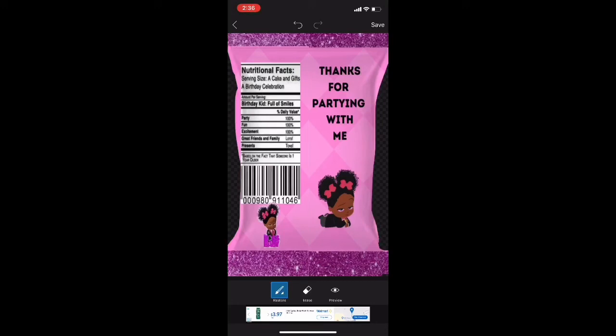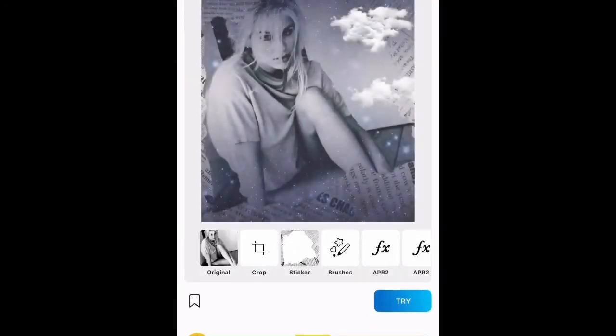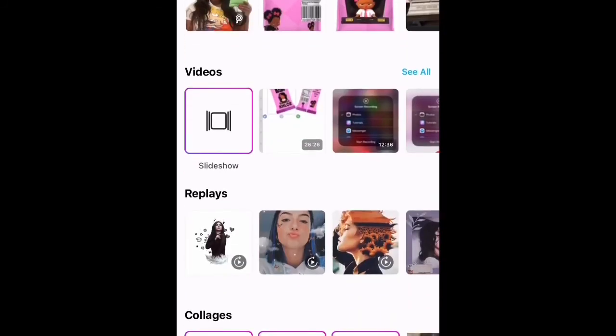I think this is pretty good though. I think I did good this time, guys. What y'all think? This is the back of the chip bag. Okay. I think this looks pretty good. I think I showed out with this one. Okay, so we're gonna go ahead and save this one. Done. Now, if you have a background,